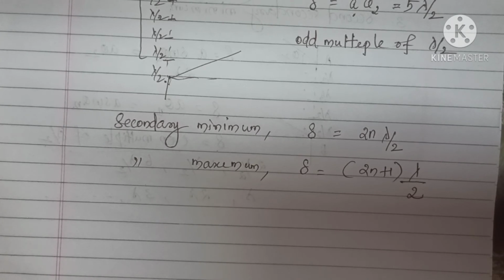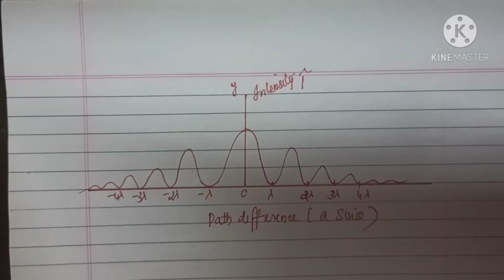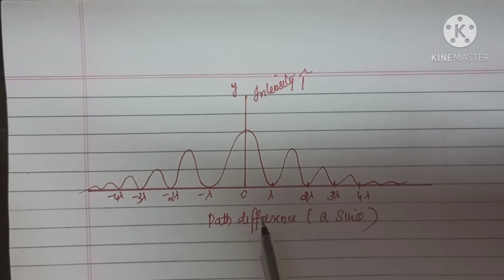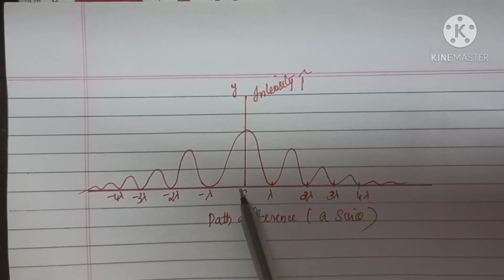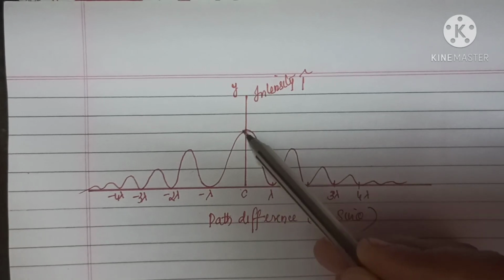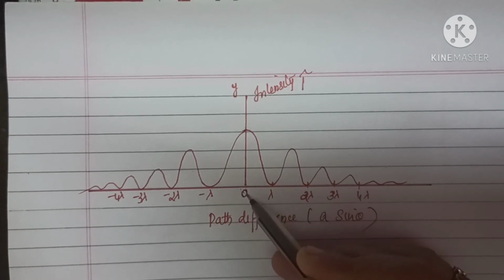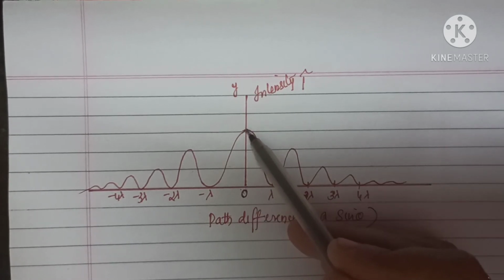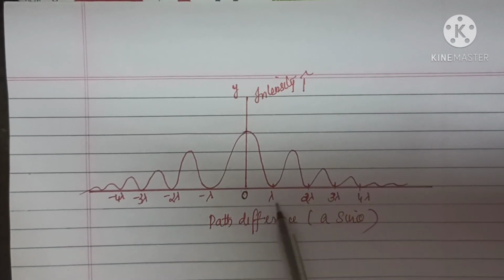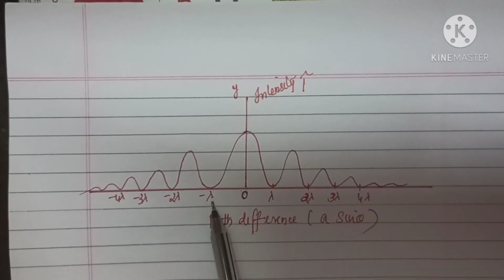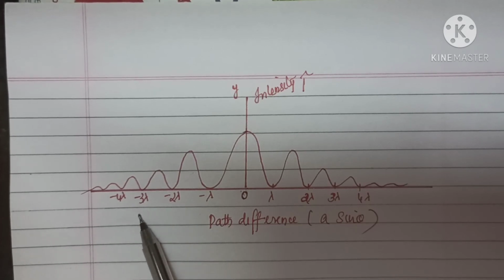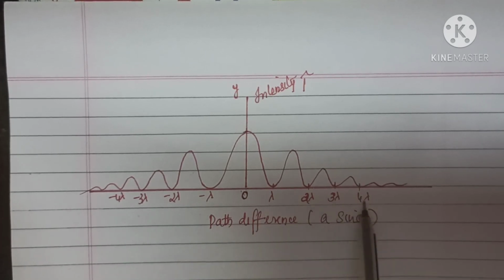Okay, so now we'll move to the next section. So this is the diffraction pattern, which is graphically shown here, and here you can see the point C corresponds to the position of central maximum in which maximum intensity is there. Point C is the central maximum. In our figure it may be O. Okay, O is the central maximum point, and here you can see the positions lambda, 2 lambda, 3 lambda, again here minus lambda, minus 2 lambda, minus 3 lambda, like that it goes. And these are the secondary minima.